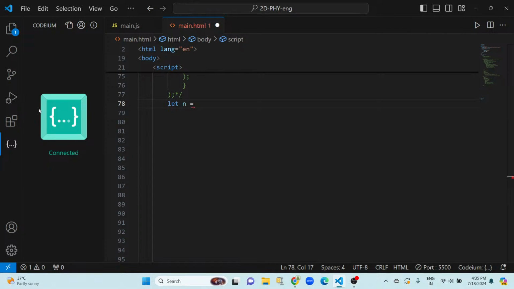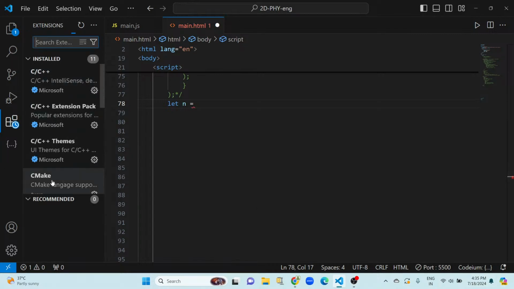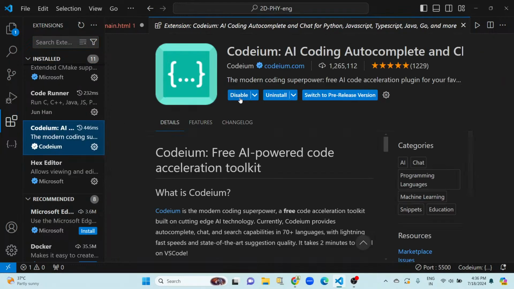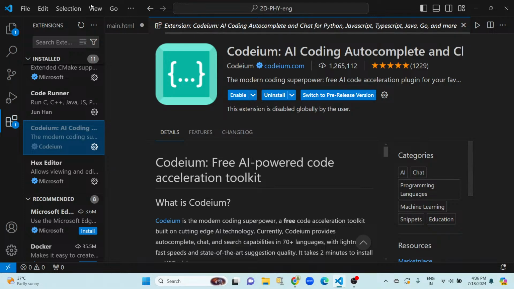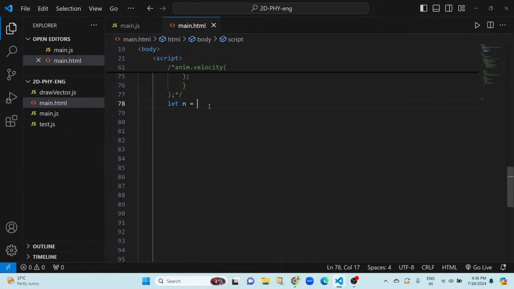So I have to use a function known as objectify to convert a normal element to an animatable object. Animatable might not be a real word, or it might be, but you know what I want to say. So for that I have to write a function known as objectify. We have to pass the